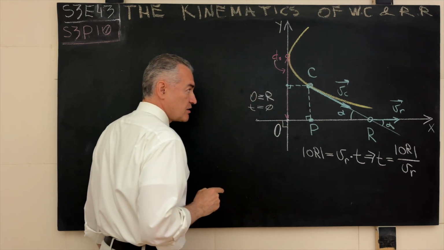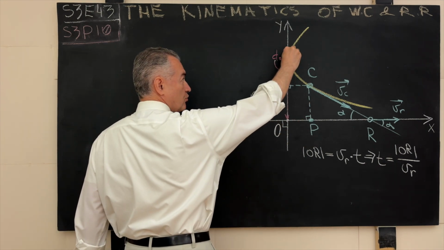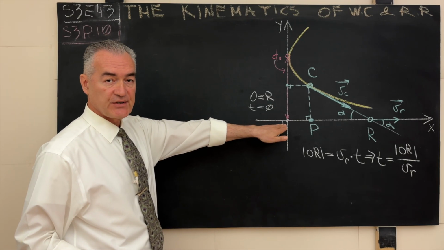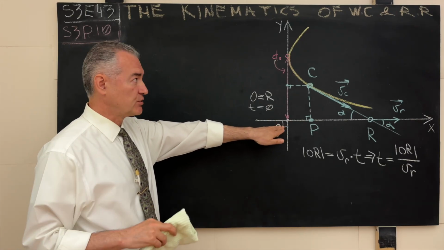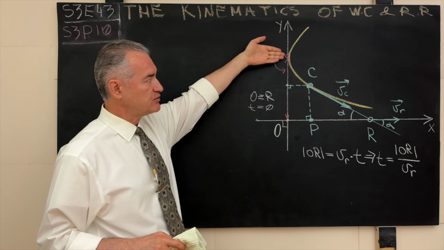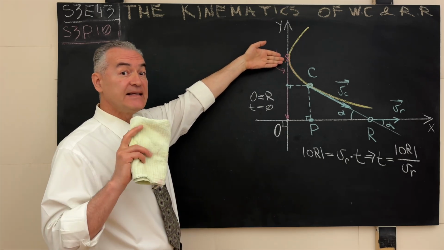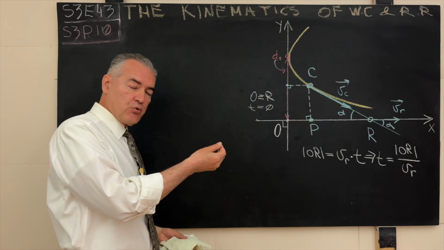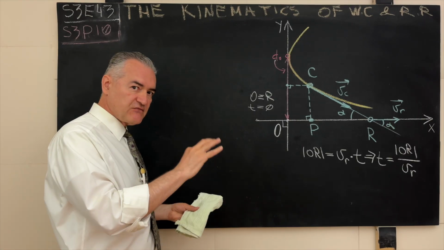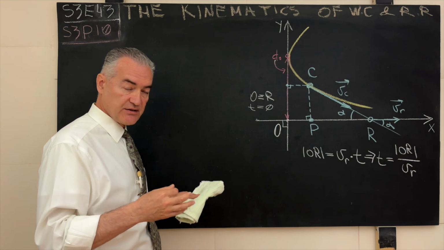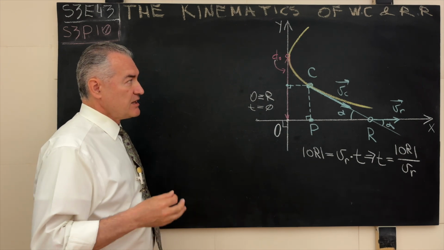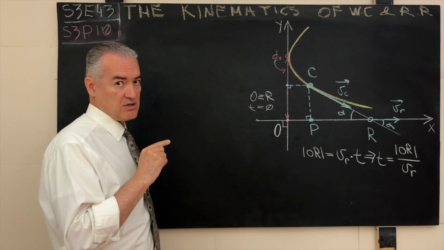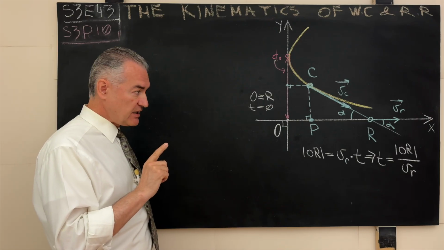Now, here is another observation that we make. Starting from this point, at the moment of time t0, when the point O was at the point R, or in some sense, the point R is the origin at that point of time, our point C was right here, and then it started moving again continuously over its trajectory. But even though the trajectory of the point C of the chaser is a fancy looking curve, and we will develop the analytic expression for that curve in a few minutes, the fact that the point C moves over that trajectory at the same rate does not change the fact that this is so.